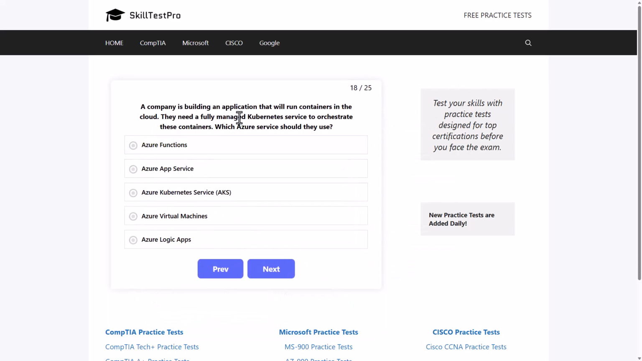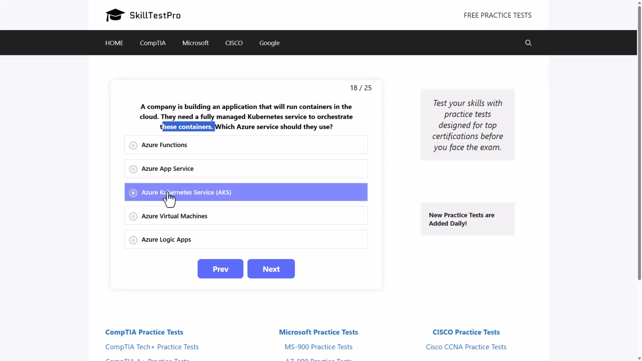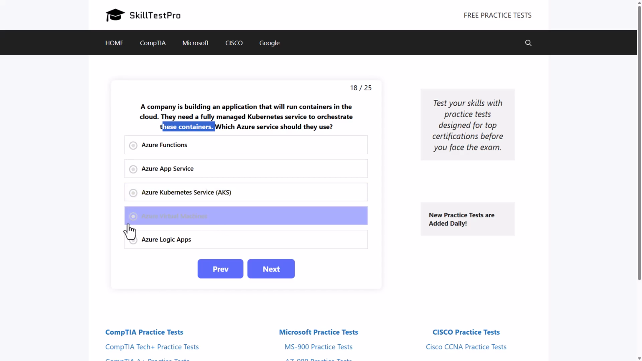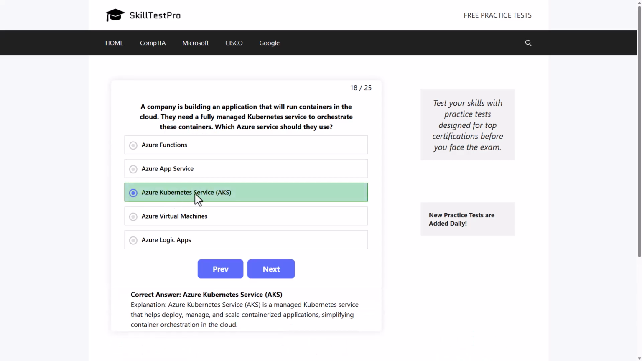A company is building an application that will run containers in the cloud. They need a fully managed Kubernetes service to orchestrate these containers. Which Azure service should they use? Azure Functions, Azure App Service, Azure Kubernetes Service or AKS, Azure Virtual Machines, or Azure Logic Apps. And the correct answer here is Azure Kubernetes Service or AKS, as Azure Kubernetes Service is a managed Kubernetes service that helps deploy, manage, and scale containerized applications, simplifying container orchestration in the